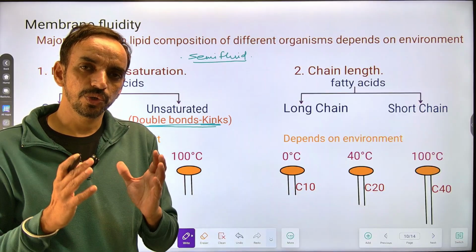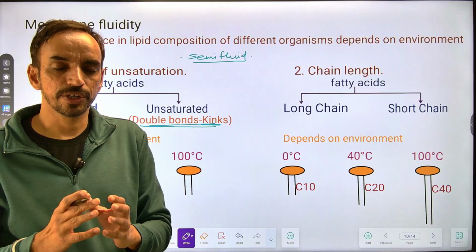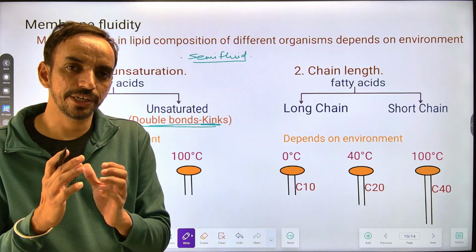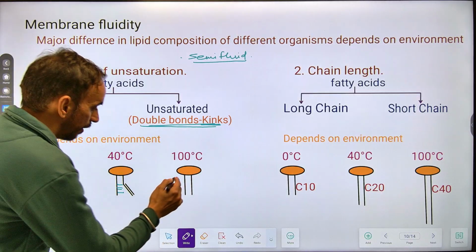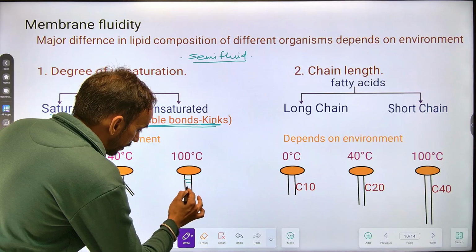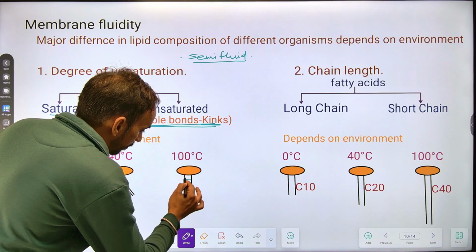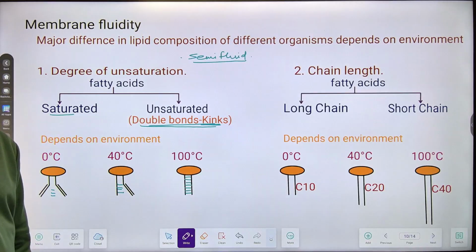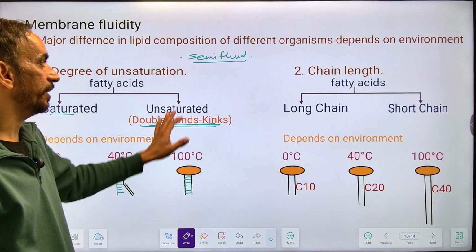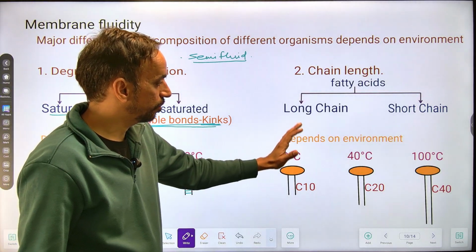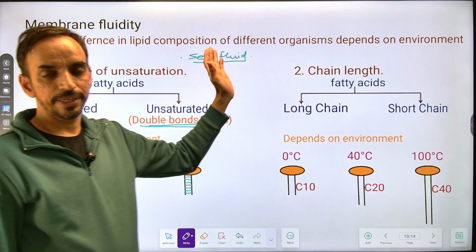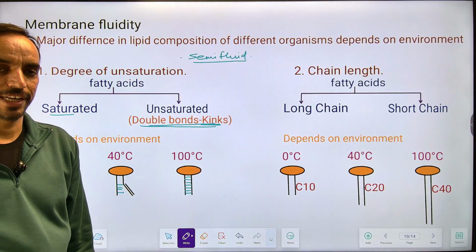उस कंडीशन में यू रिक्वायर मोर हाइड्रोफोबिक इंटरेक्शन टू मेंटेन द इंटीग्रिटी ऑफ प्लाज्मा मेम्ब्रेन। सो यहां पे दोनों टेल्स फुली सैचुरेटेड रहेंगी, दैट अलाउज द फॉर्मेशन ऑफ स्ट्रॉन्ग हाइड्रोफोबिक इंटरेक्शन एंड दैट विल मेंटेन द सेमी फ्लूइड नेचर। नाउ दूसरी चीज थ्रू विच यू कैन मेंटेन दिस सेमी फ्लूइड नेचर, इट इज द चेन लेंथ।